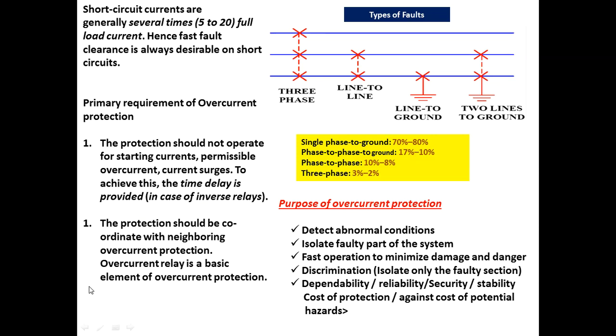The protection should be coordinated with the neighboring overcurrent protection. So the overcurrent relay should be considered as a basic element of the overcurrent protection scheme. The purpose of the overcurrent protection is to detect abnormal conditions, isolate the faulty part of the system, and fast operation to minimize damage and danger,